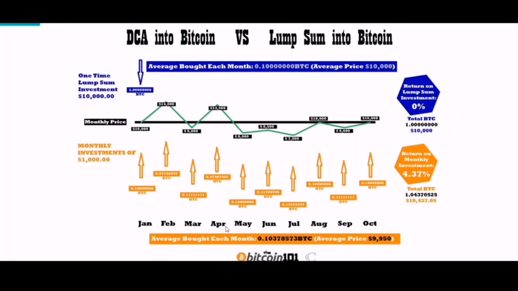This fellow here, because he bought it monthly, he ended up accumulating 0.10438573 Bitcoin each month. He was able to average that out for a total of 1.0437 Bitcoin. So his return on his monthly investment was 4.37%, which was a total of $10,437.05. So going the route where he made his monthly installments to put his $10,000 into Bitcoin,